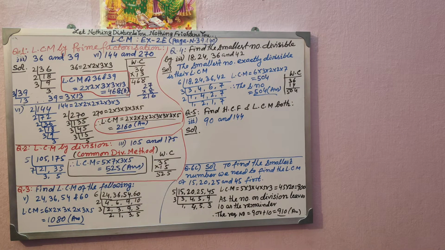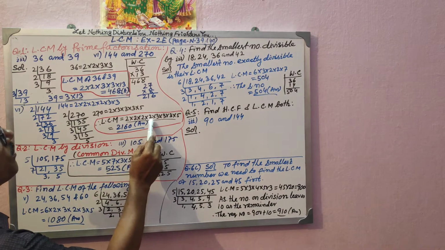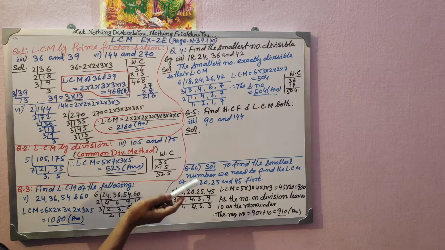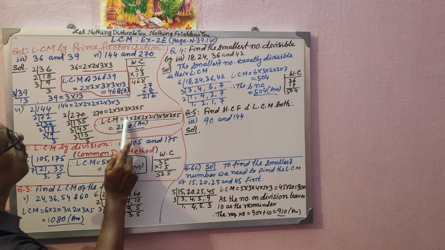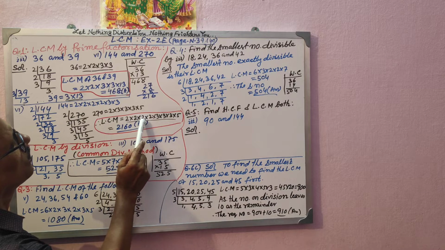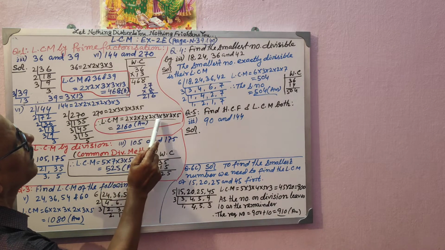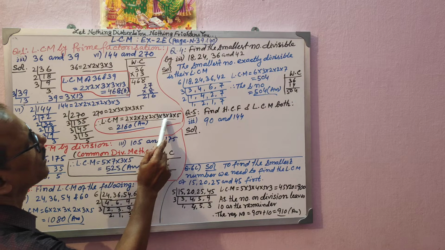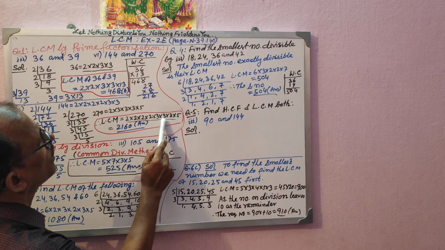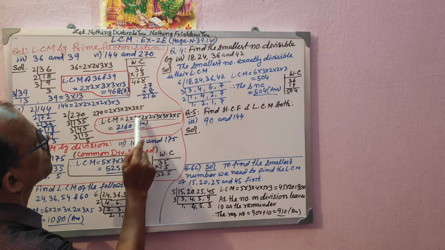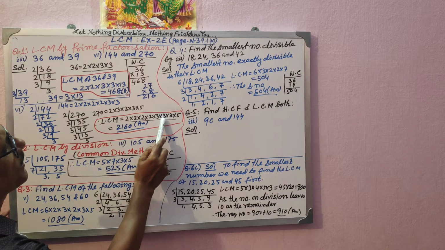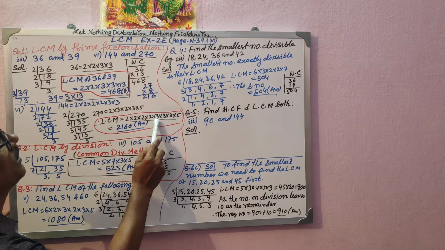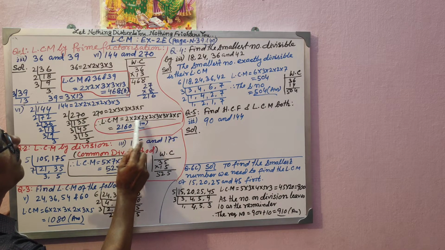To find the product, you just see 5 and 2 are there, that will become 10. For multiplication it will be easy. Remaining you do it. See, 2 into 2 is 4, 4 into 2 is 8, 8 3s are 24, 24 3s are... See what I have done for easy: 3 multiplied by 3 is 9, 9 3s are 27, 27, and only 1,